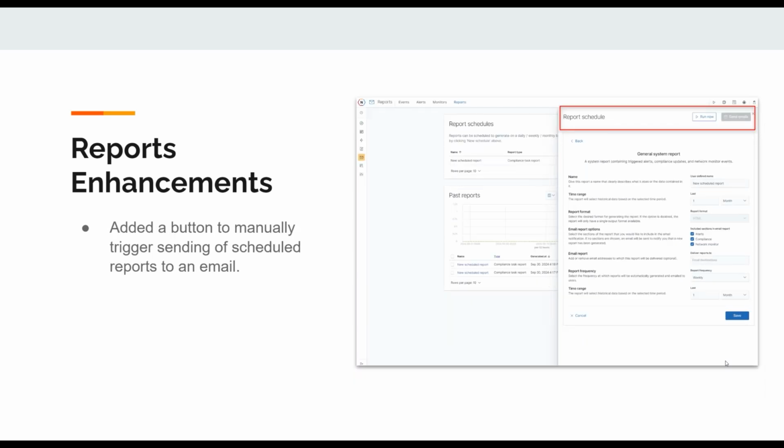An additional report enhancement that we added, in the same vein as the last one: when you're setting up a report schedule, you can manually trigger sending that scheduled report to an email just to test it, just to see what the output's going to look like. Of course, when you set up that recurring schedule and add those email destinations, it will still send upon that schedule. Once a month, we'll send those emails. But this is more of